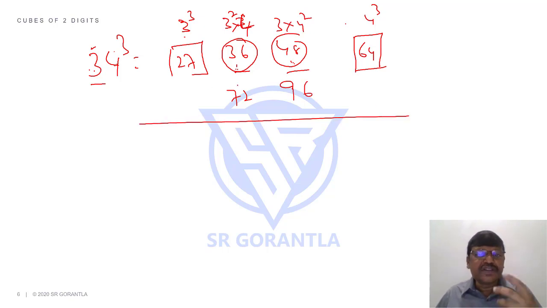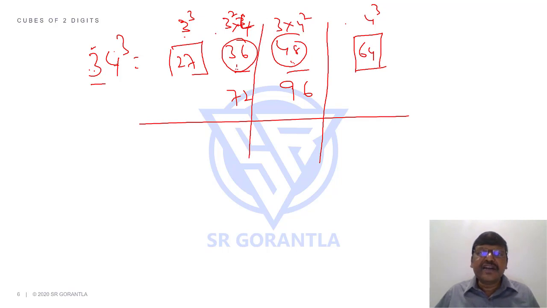Students, in these cubes, addition is the key again because you have to add big numbers. In fact, because you have to add big numbers, I am writing double this and adding in 2 lines. 64, if you take 4 here, what's carried? 6. 96 plus 6, 102 plus 48, 150. 0 here, 15 carried. 15 plus 72, 87 plus 36, 123. 3 here, 12 carried. 12 plus 27, 39.